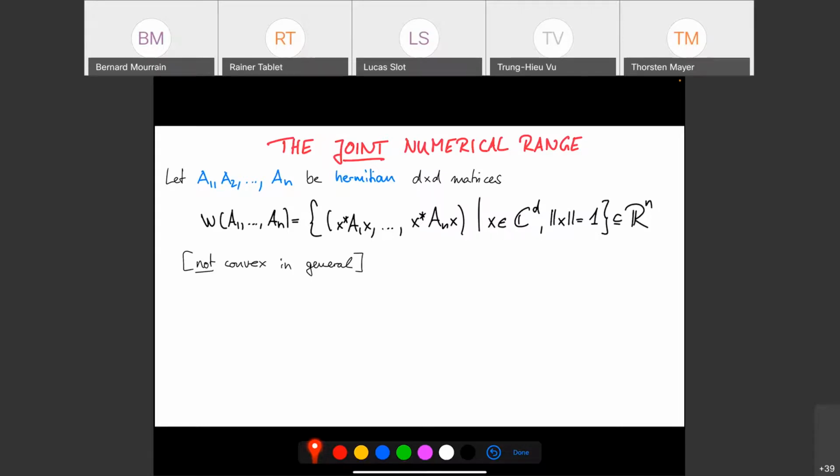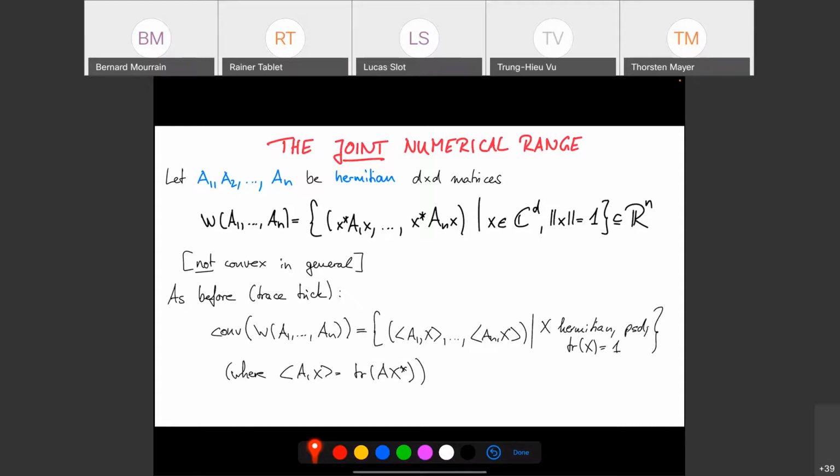So here this is in general not convex anymore. The Toeplitz-Hausdorff theorem is true for n equal 2. In general, it's not true anymore. I think the easiest examples of lowest degree are for n equals 4, but for high enough degree, I think it's also false for n equals 3, but maybe there's some. It's very well studied, it's very well understood. There's a lot of literature that we can find.